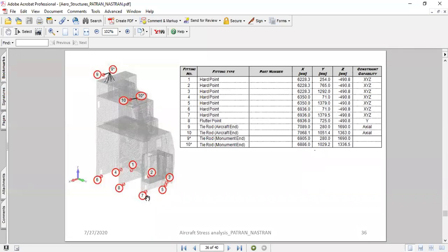Some of these go onto the intercostal ribs on the fuselage, whereas the top attachments go into the aircraft ceiling B brackets. There is a type of lug that comes onto the aircraft fuselage ceiling frames. That is called B brackets, and these small struts, we call them tie rods, and these go into the attachment to the aircraft brackets.